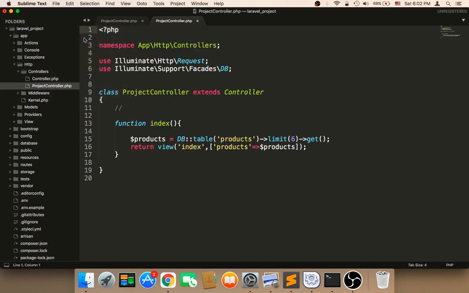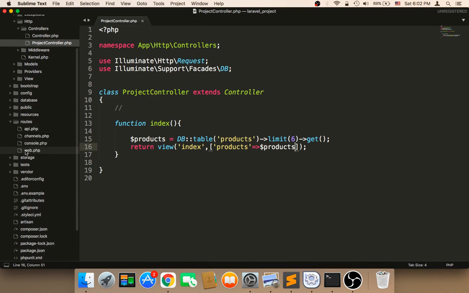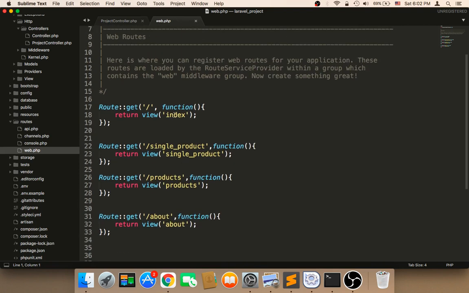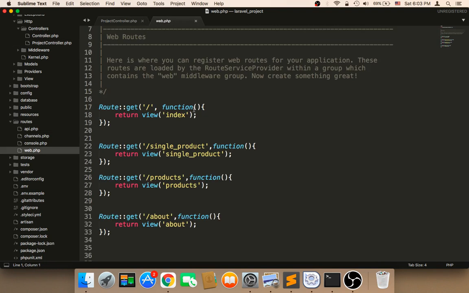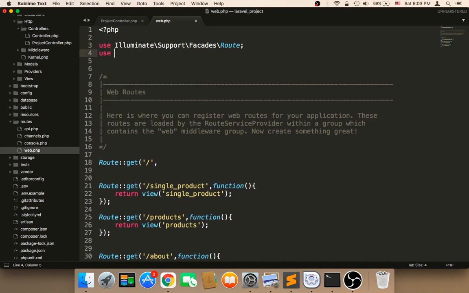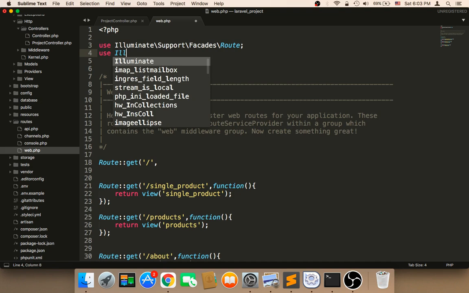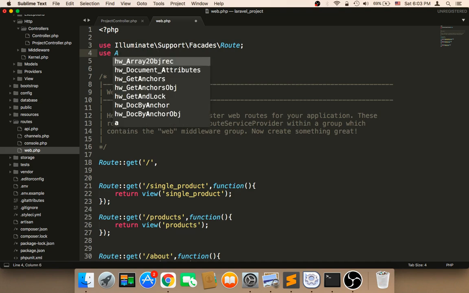Now the second part is that we need to create the route. We need to open the routes, and then web, and then here what we want to do is use this index function. So to use this index function, we need to remove this part, and instead we need to import the controller here. So I'm going to say here use Illuminate, and then use App